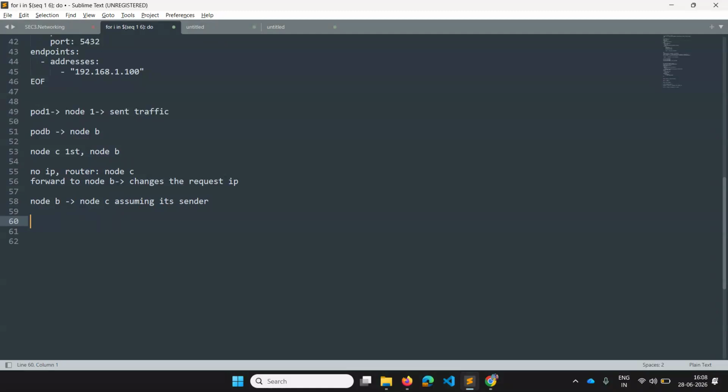But node C is actually following a concept called conntrack. There is one concept in Linux called conntrack. I know that this particular gift I only changed, right? So I only removed the wrapper and I placed the name on that particular gift. But I got the response from node B. But actually, that response has to go to node 1, because that is the real sender of the traffic.